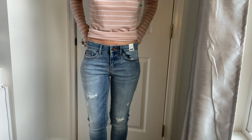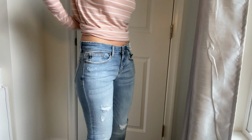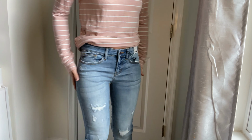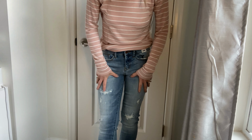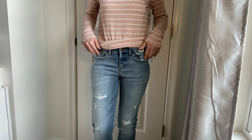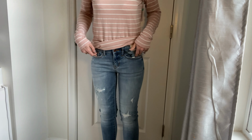Okay, so next we have are the jeans. I'm so upset because these are way too big in the back, but they fit so nice. They're so comfortable. I wish they had them in a size smaller. I'm gonna see if I can find these Judy Blues somewhere else if they don't have a 24, but I